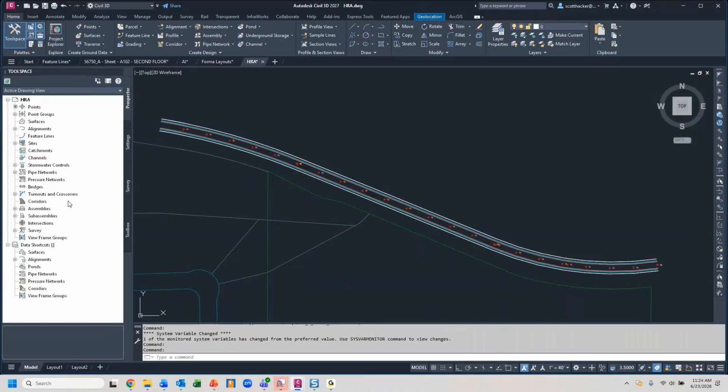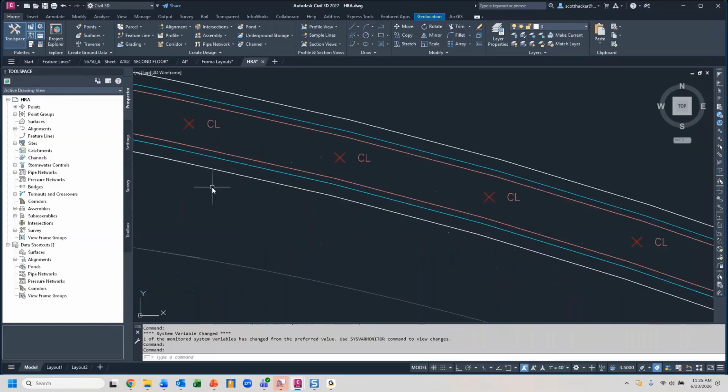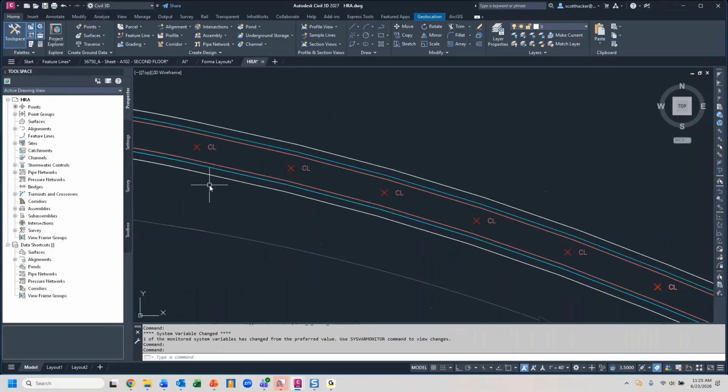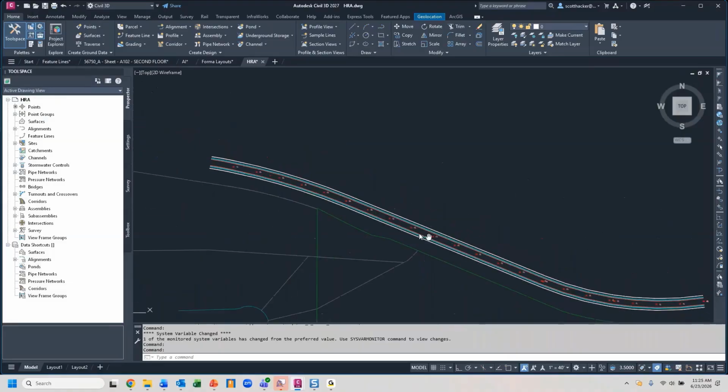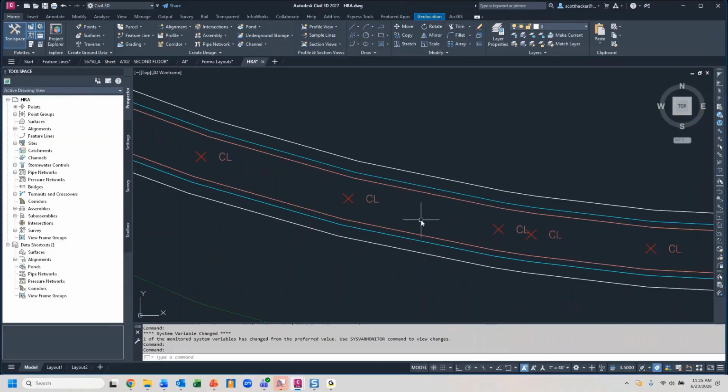HRA is contained in a floating vista, much like your panorama, and it can be moved to a different monitor. Okay. And any revisions or updates are going to be updated in real time. Okay. Just like Sybil. So what I've got here is I've got this open drawing file. And what I've done is I've basically gone ahead and isolated in a point group the center line of my roadway up here. Okay. And on the home tab,